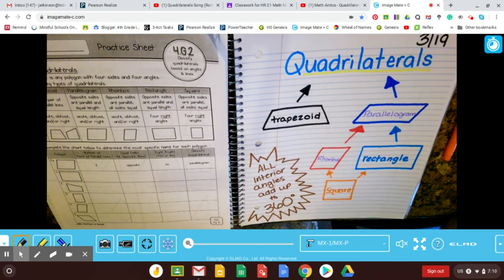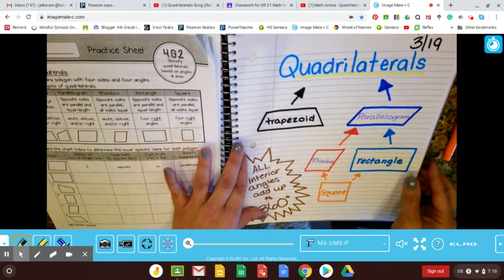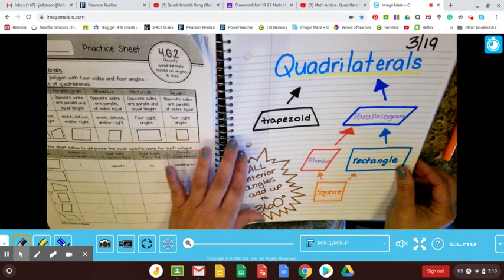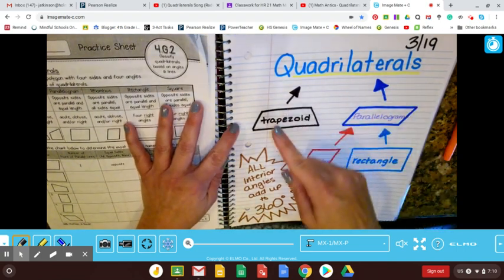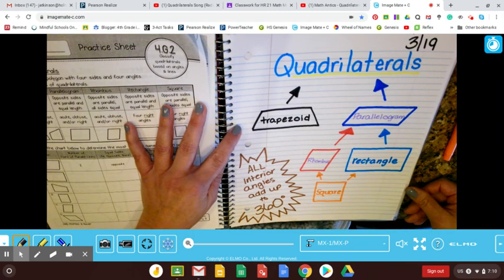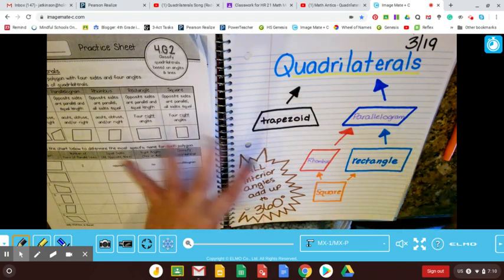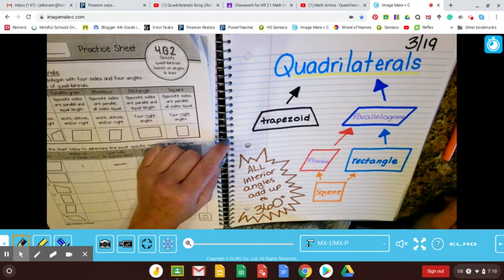Guys, it's Mrs. Atkinson. Today's lesson is going to be all about quadrilaterals. So I have my math notebook out here. Please feel free to grab your math notebook, pause this video if you'd like, and try to copy down the diagram that I have on my math notebook. I really think, even if you don't have it as colorful as this, even just a rough outline or sketch will be very helpful for you in understanding today's